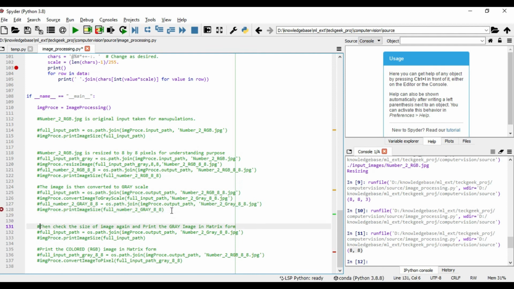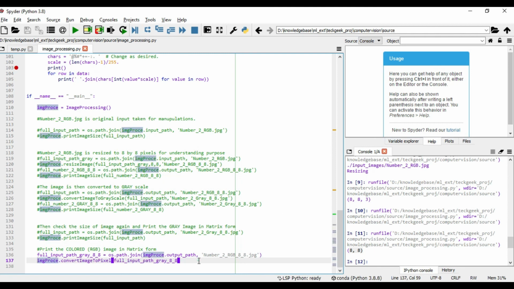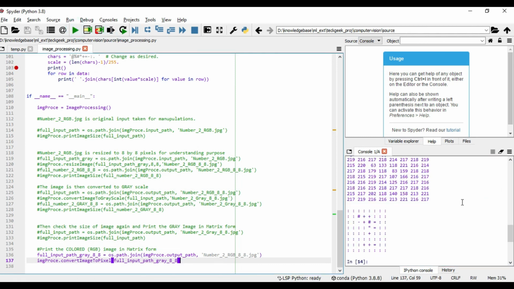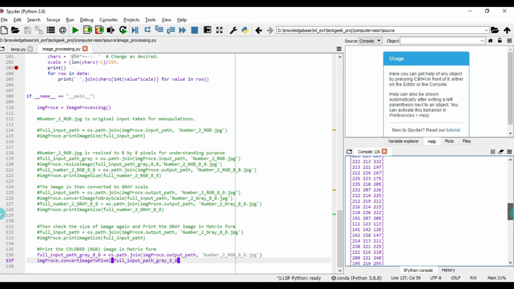Now let's go ahead and print the matrix for the same 8 by 8 colored image. Before that, let me clear the console so that things are clear when it is printed. You see this, when I execute this, you get a big matrix, and that is what we saw on the slide. So this program is again shared on GitHub. I have given the link in the slides. Also, I'll give the link below the YouTube video, and you can refer to it and try to do it yourself.